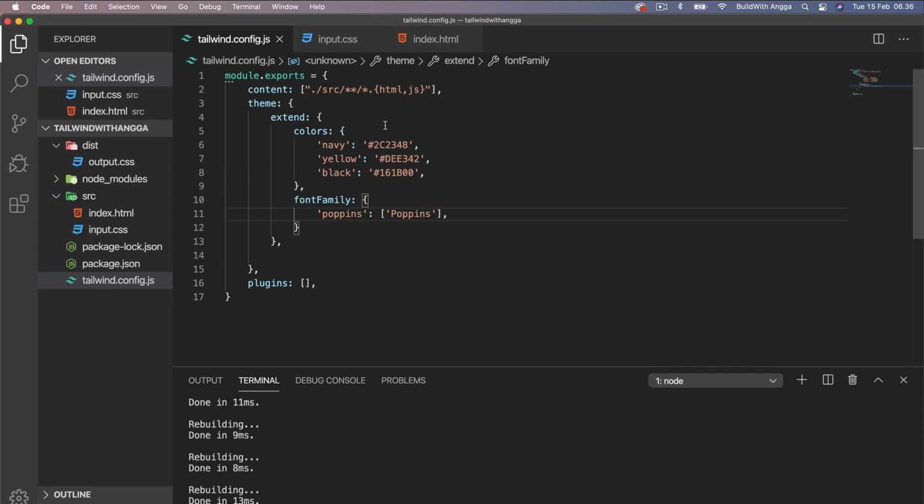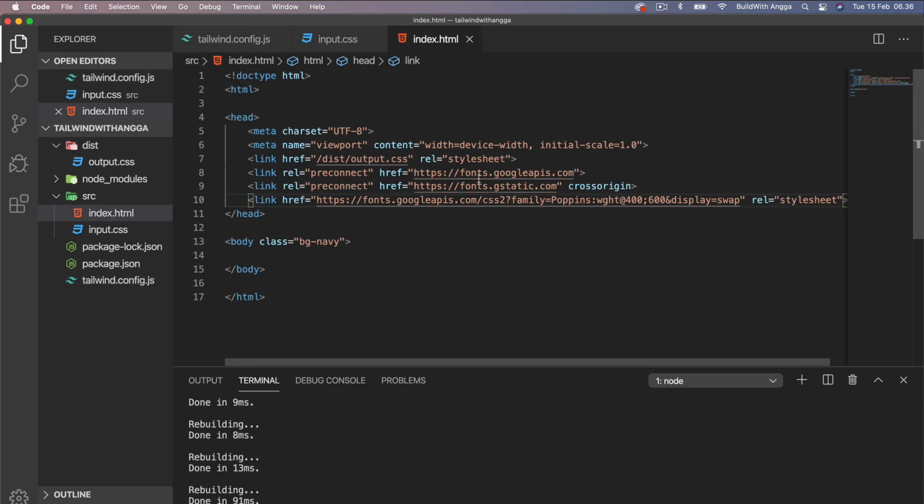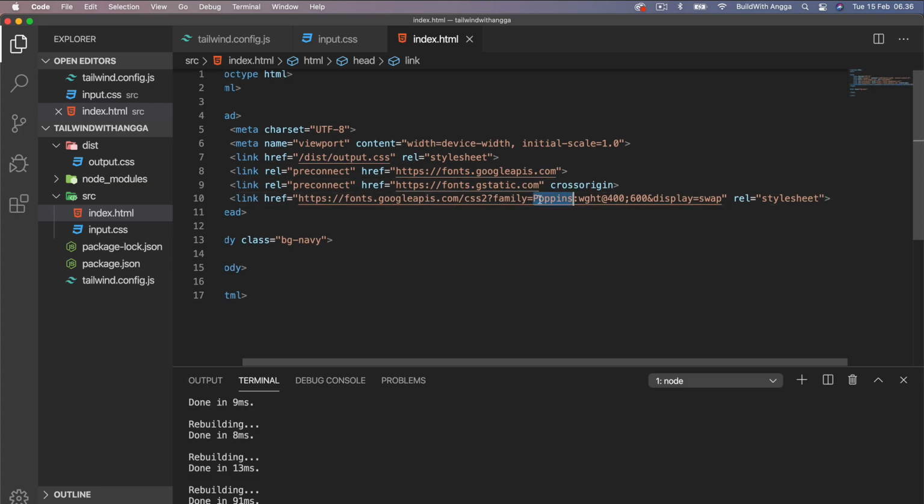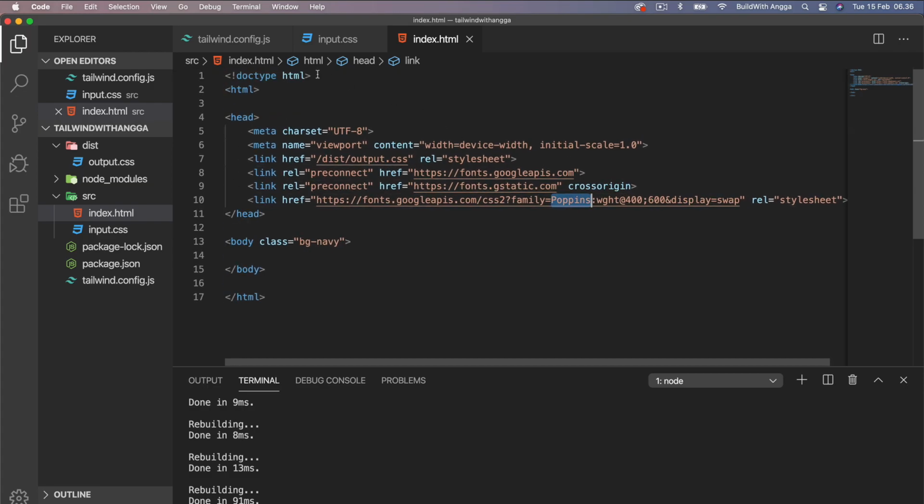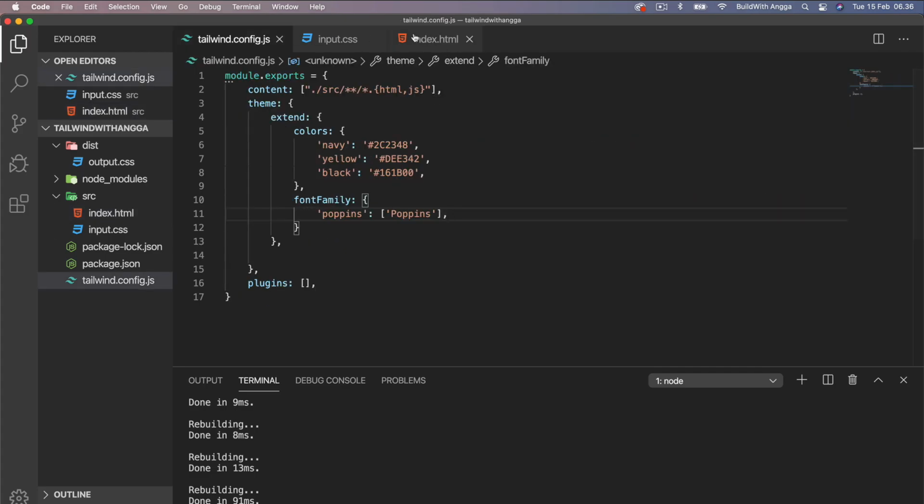Make sure that the font name is the same as this one, because otherwise Tailwind couldn't read it properly in the project.